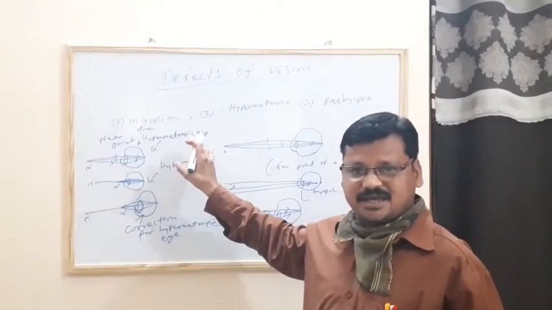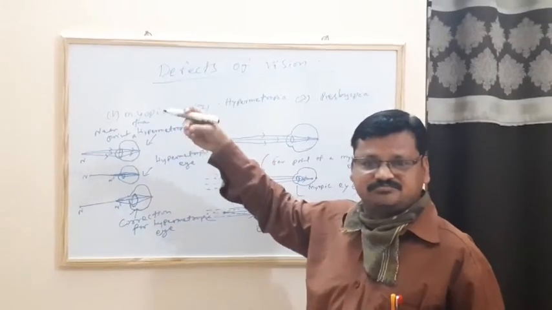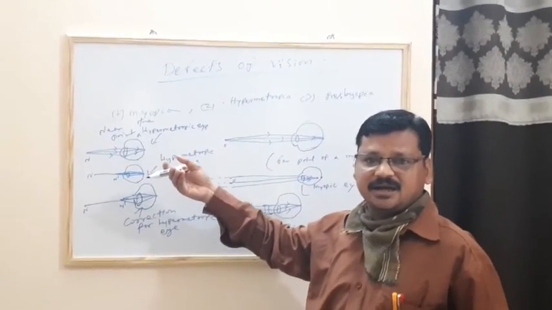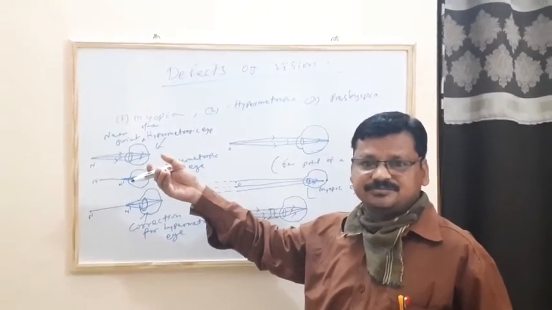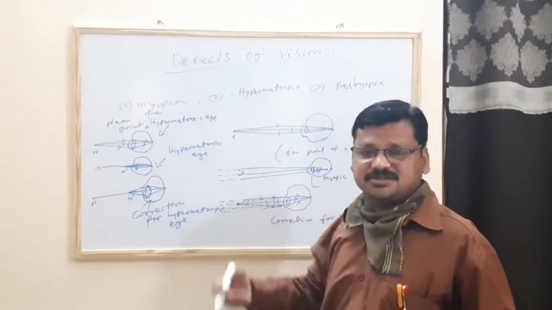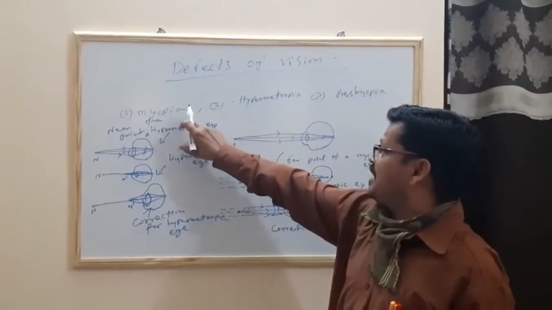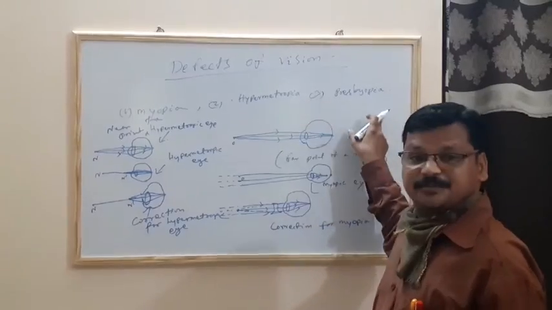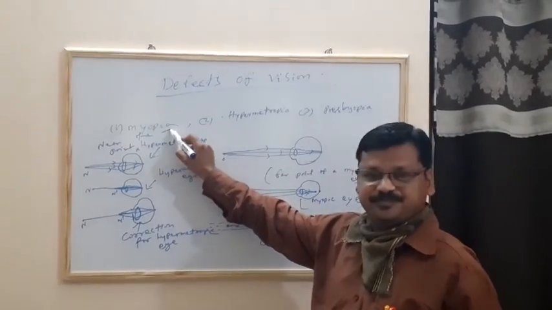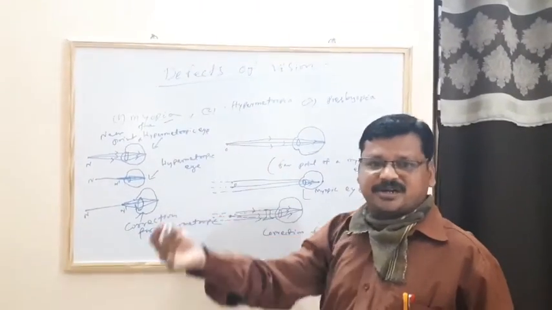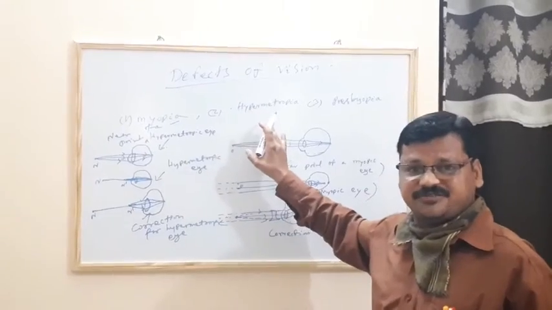Inborn defects are also there, and due to the internal parts of the eye, it may be the cornea, retina, or eye lens problem, people cannot see near vision and distant vision clearly. That is an eye defect. So there are three types of eye defect: myopia, hypermetropia, and presbyopia. Generally, students suffer from these. One is myopia. They can't see the blackboard clearly. They can't see the distant object clearly. So we'll discuss the three types of vision defect.